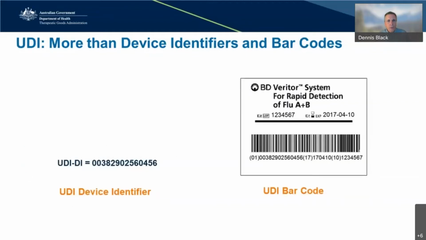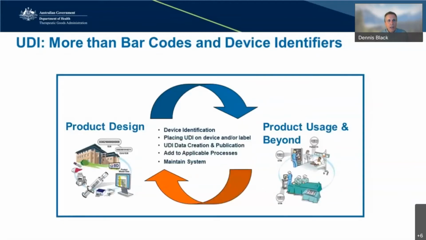If we look at UDI at its most basic level, we know that you need to have a unique device identifier, right? We know that, the UDI DI, and we know we need to have barcodes on products. I think that's a simplistic view of UDI, and sometimes the industry looks at this too simplistically. But there really is a whole lot more to it than just having device identifiers and having UDI on barcodes. We really need to look at UDI from product design and then all the way through product